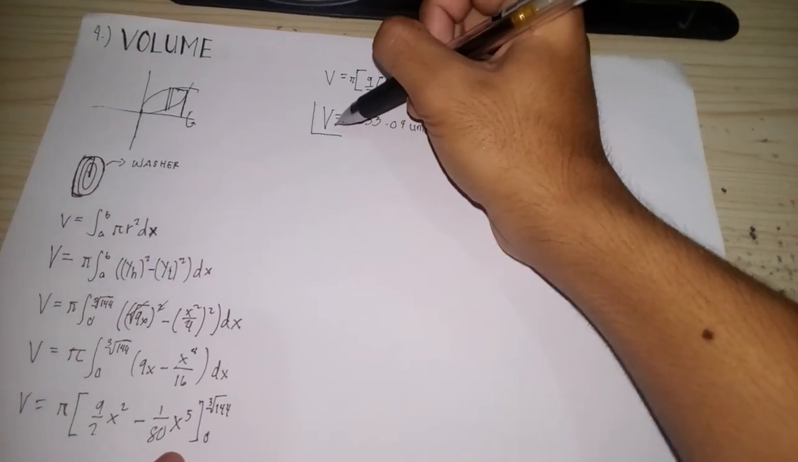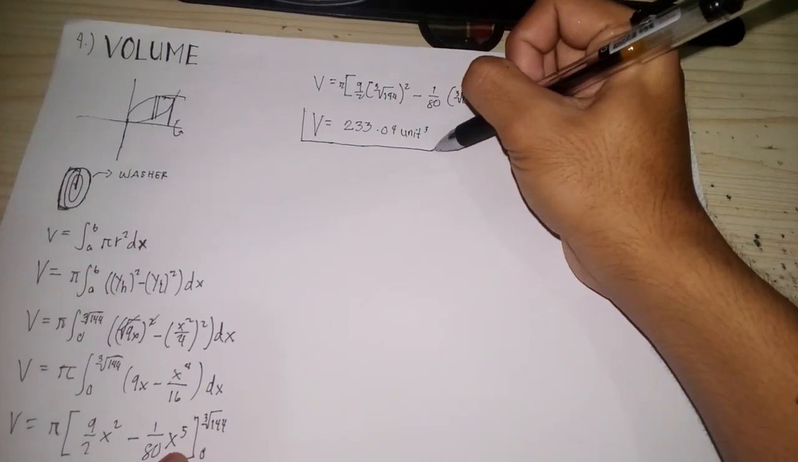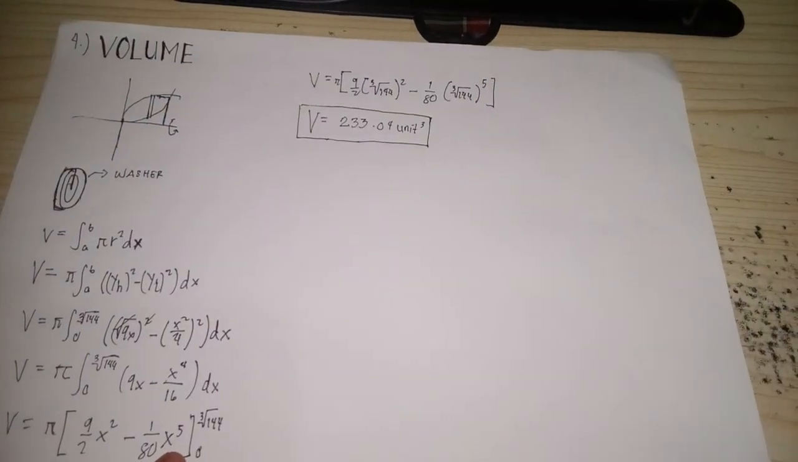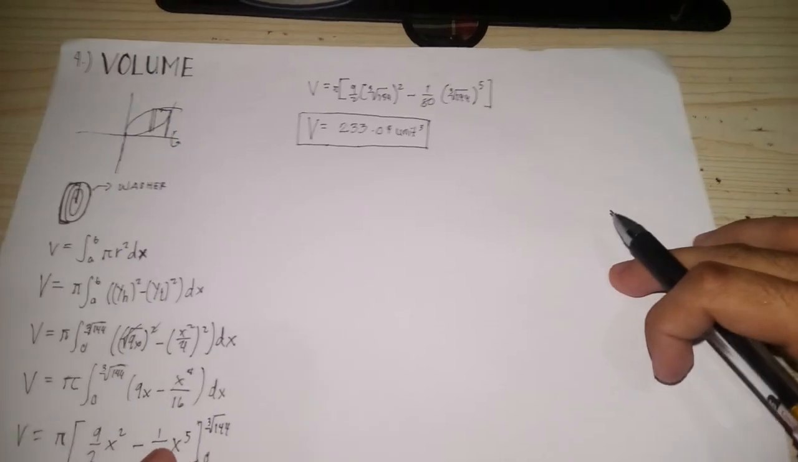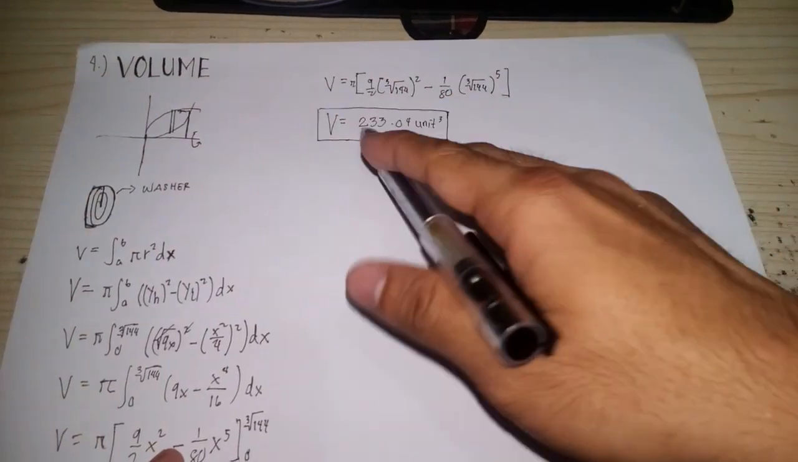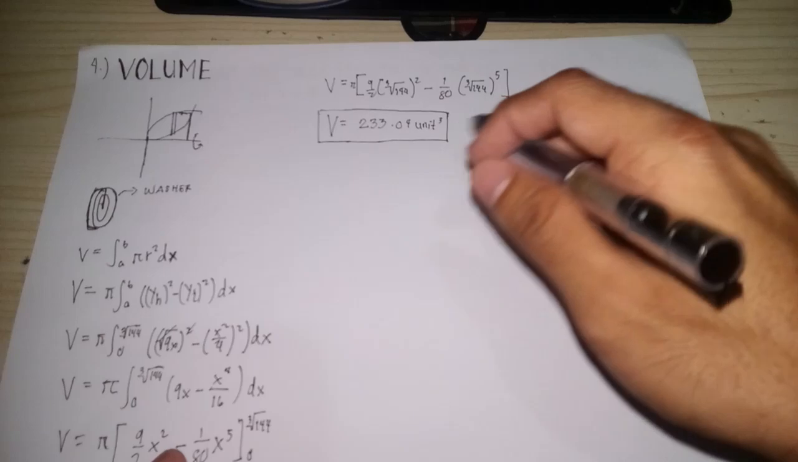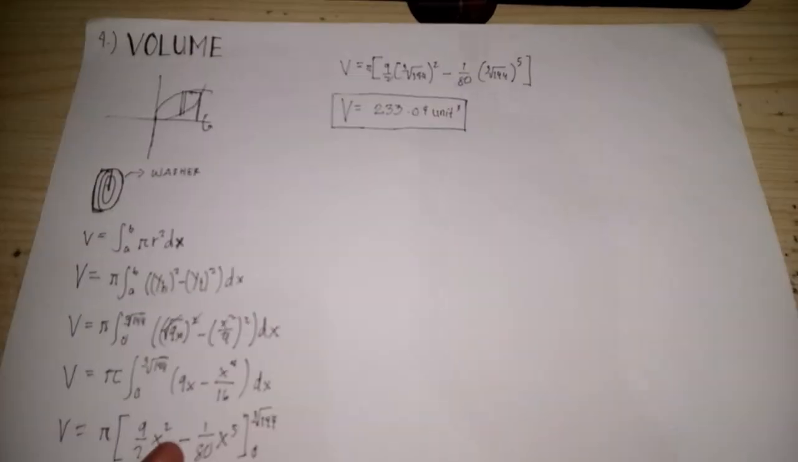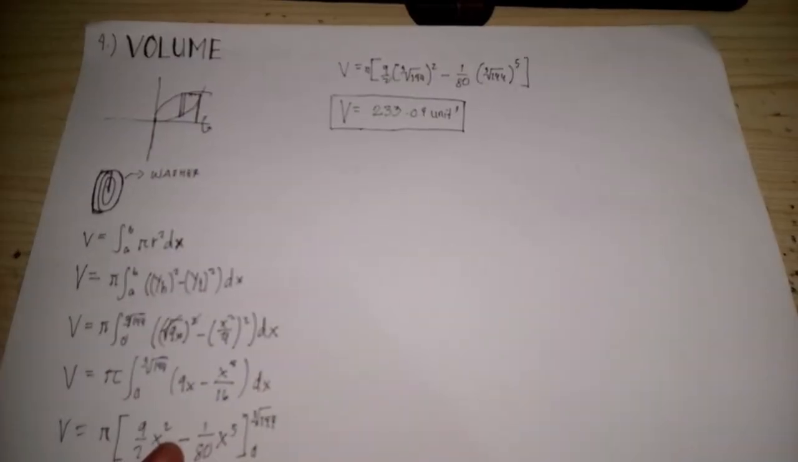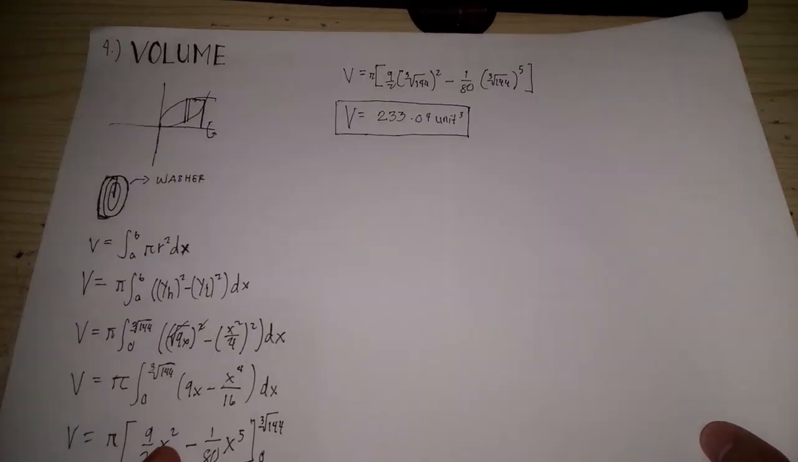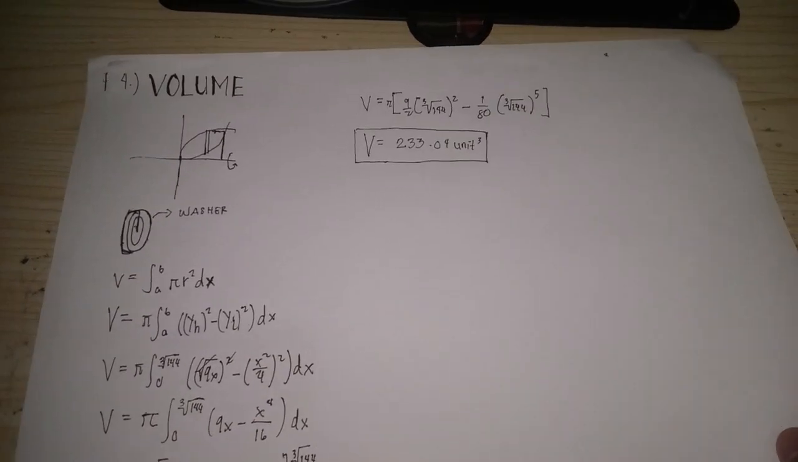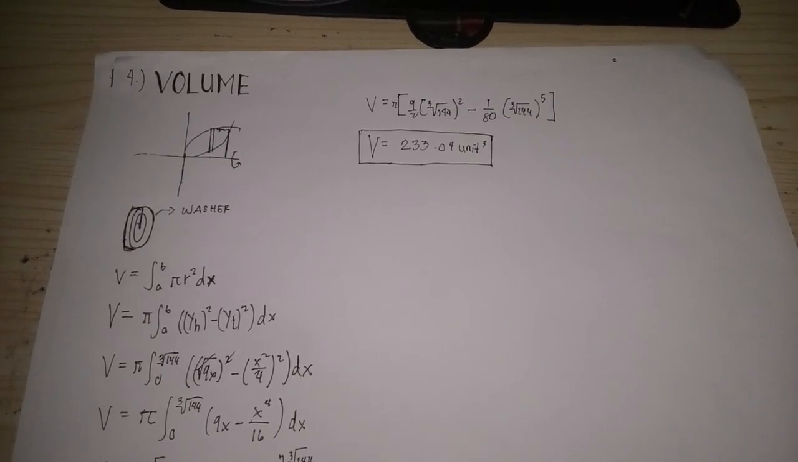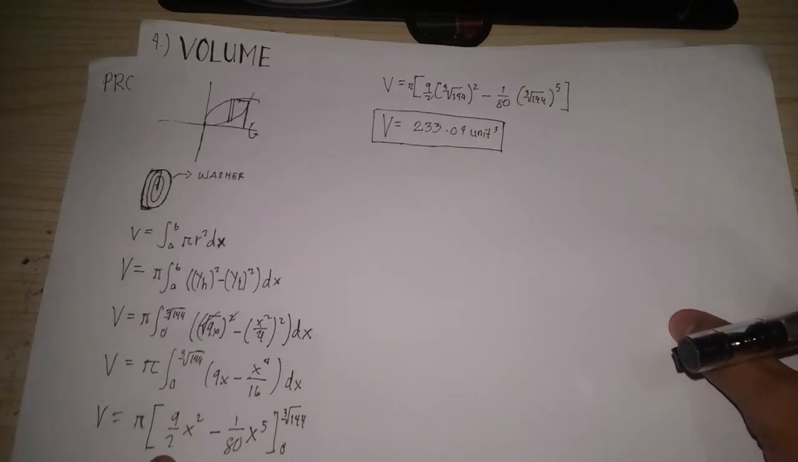So since this is a length unit, then that is raised to 3. That's the unit for our volume. So our final answer would be 233.04 unit cube. So that's for our volume. So now, since we're already done with our volume, let's now move on to our next thing to solve,